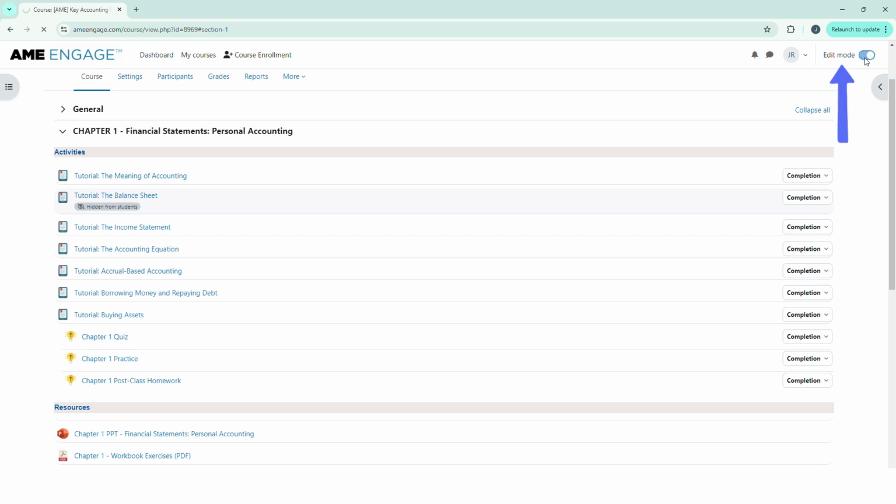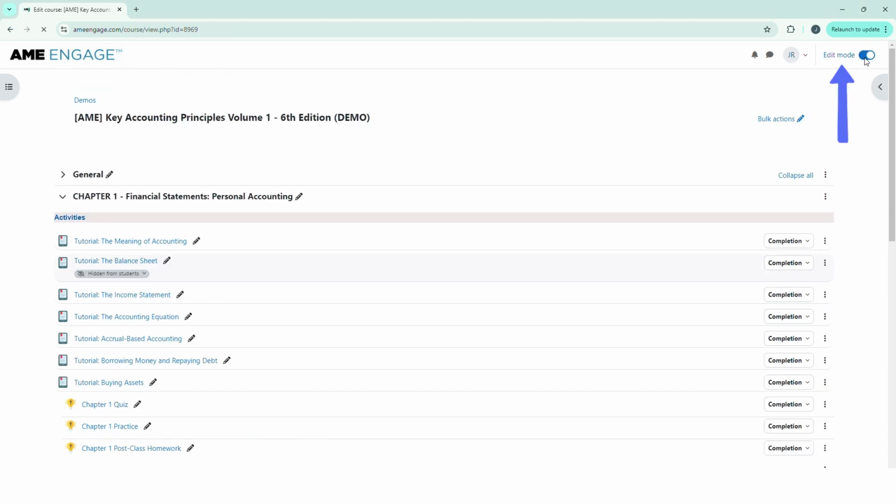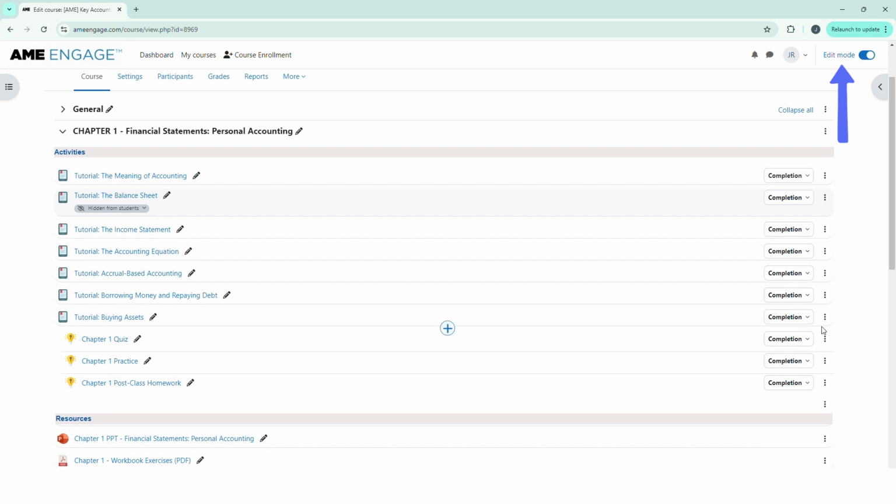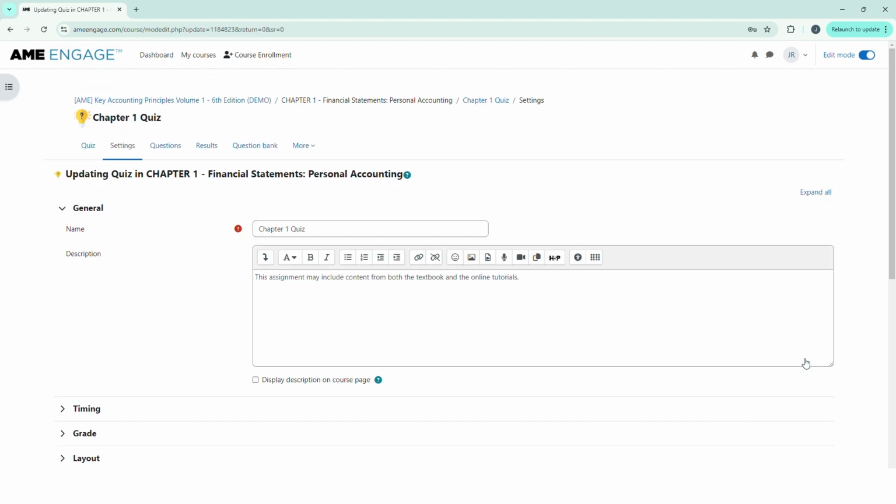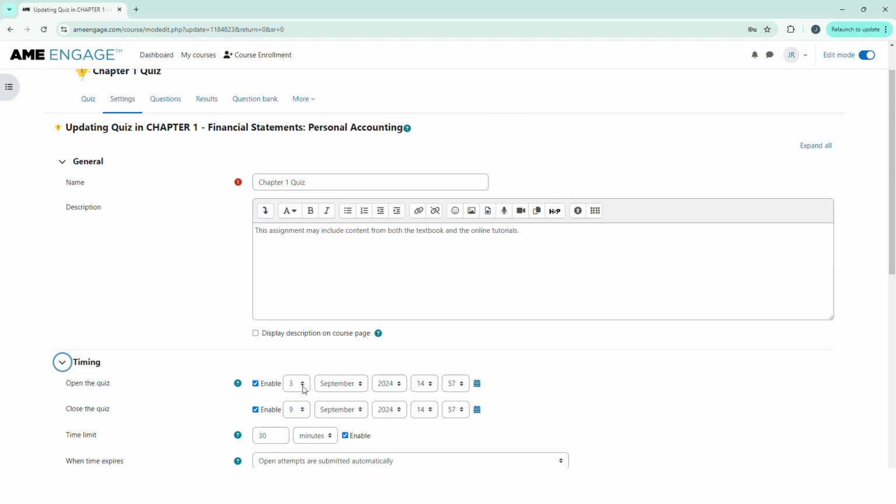The settings of assessments can be edited based on your personal preference by toggling on Edit mode in the upper right. Click the three dots located on the right of the assessment you wish to edit and select Edit Settings. The timing section is where we set the open date, close date, deadline, time limit duration, what happens when the